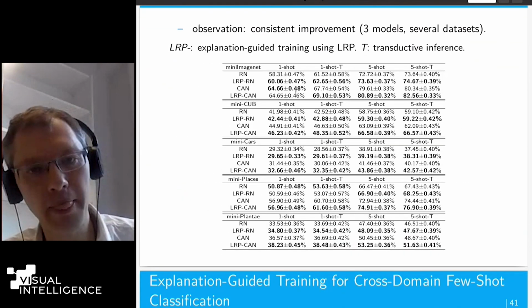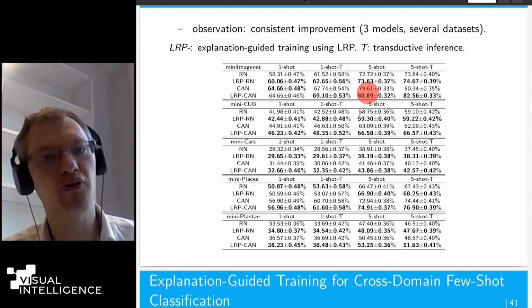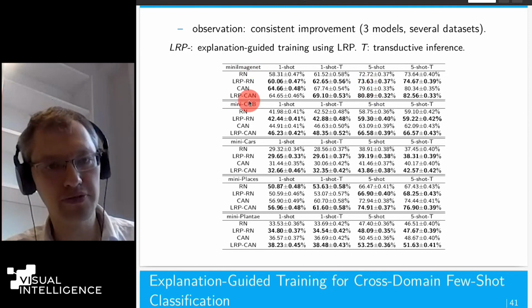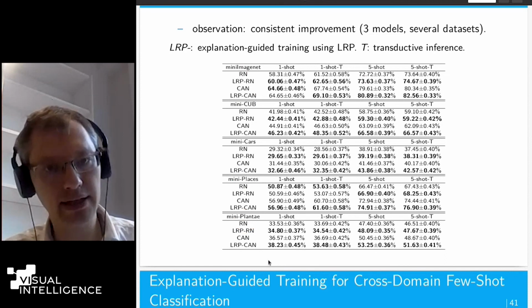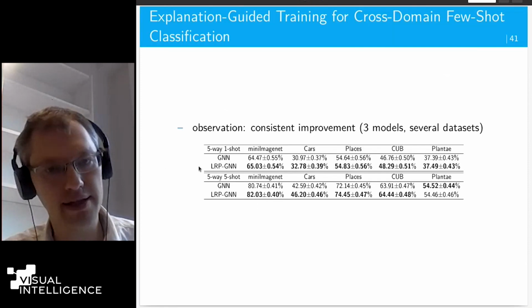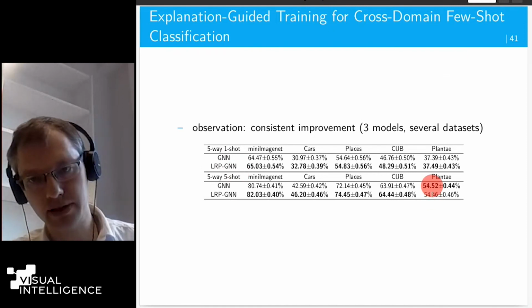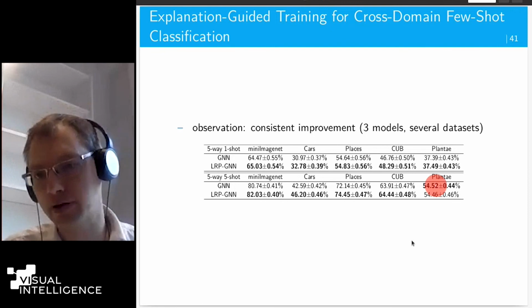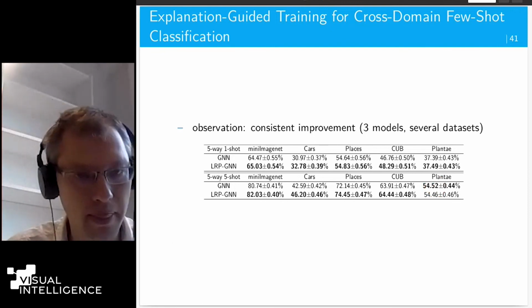And what we can see is that LRP-guided training, in most cases, improves predictive performance. It improves for 5 different data sets, most of the time, and for 3 different models: a relation net, a cross-attention model, and a graph neural network-based model. Not always, of course. Sometimes the original model is still better. I mean, it's a statistical method.